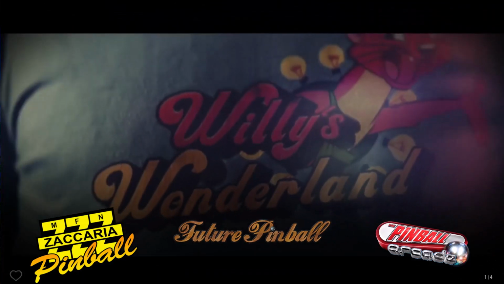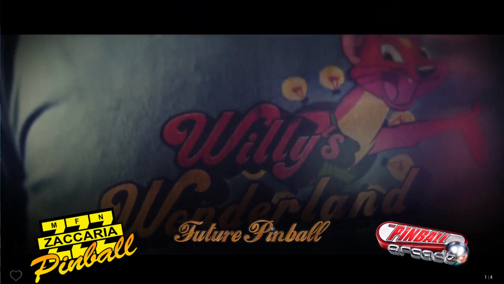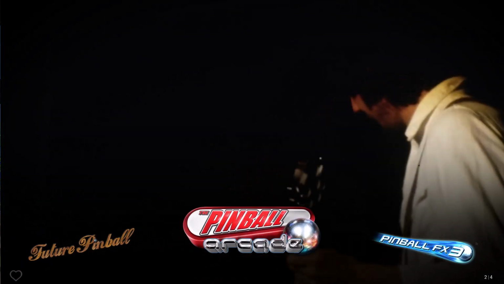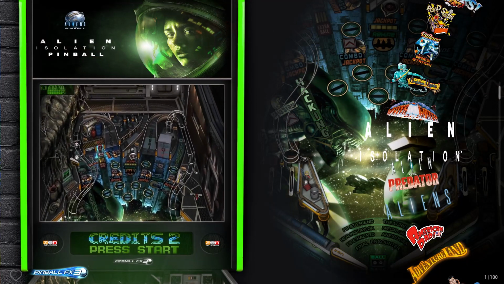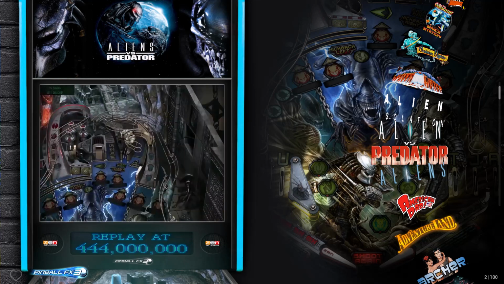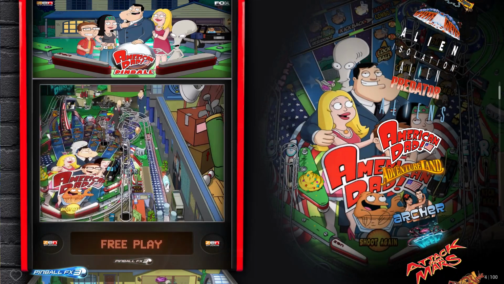There's no sort of up or down to change view because there's no view to change to. But if you do hit up and down, it just restarts the video playing. So yeah, let's start with Pinball FX. So in here you can see the bottom right hand corner we've got 100 tables, and I guess Pinball FX is probably the nicest looking